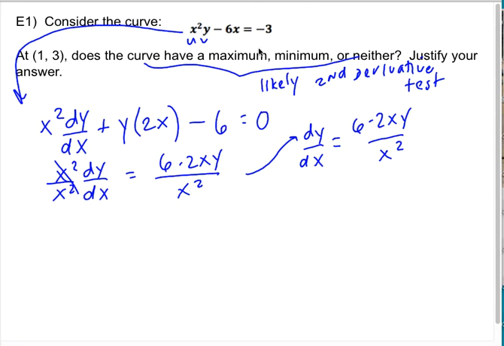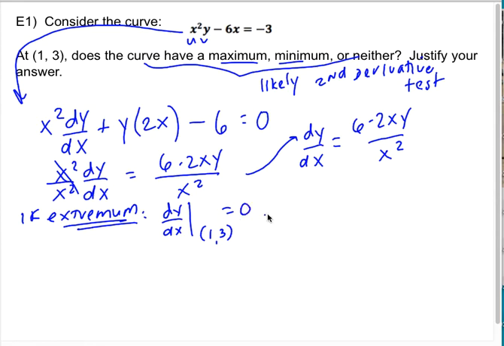So the first thing I need to check is, in order to have a max or a min, I need the first derivative to be 0. So if there's an extremum of any kind, then I need dy/dx at 1, 3 to equal 0. So the question is, does it? Let's start there, because I'm not even going to bother to find the second derivative until I know if that's true. So dy/dx, I'm going to write this evaluated at (1, 3),